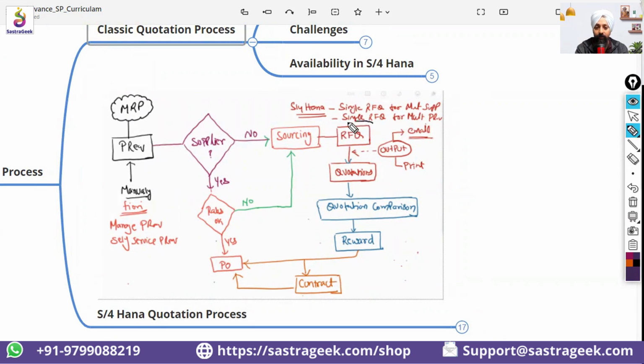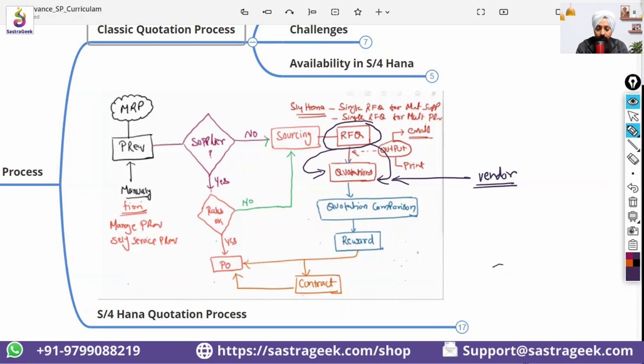first we create a request for quotation. RFQ would be generated. Then from this RFQ, you would be submitting the quotations. These quotations will come from the vendor. Whether they come automatically or manually from the vendor depends on the tools we are using. If you are using Ariba, or if you have integrations available, it can come automatically. Otherwise, the vendor would give the quotation through emails,